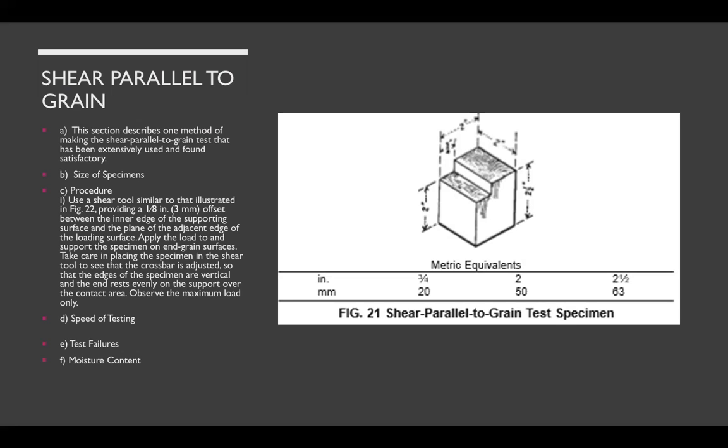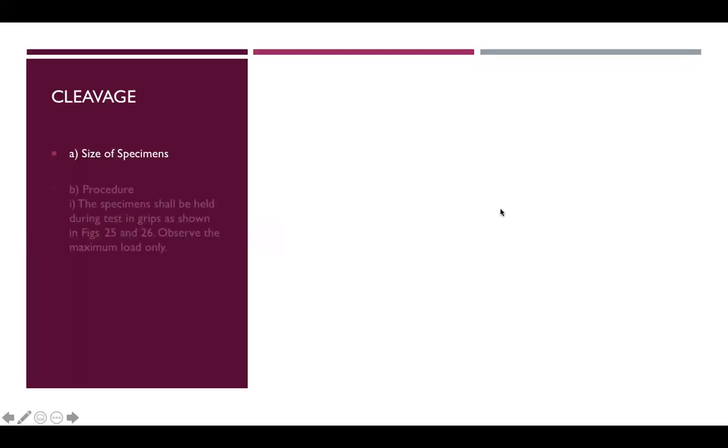For the test failures, they shall be sketched on the data sheet. In all cases where the failure at the base of the specimen extends back onto the supporting surfaces, the test shall be called a failure. Moisture content: the portion of the test piece that is sheared off shall be used as the moisture specimen. So for the cleavage procedure,